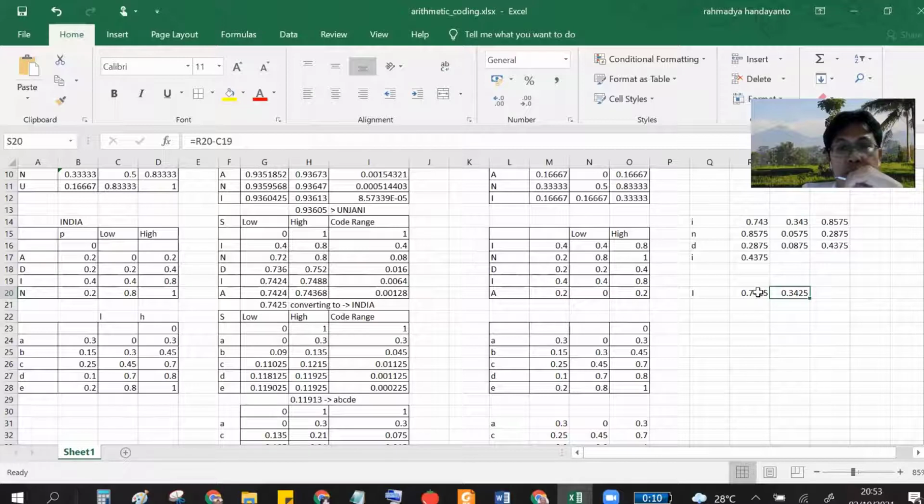from this 0.74 to the lower bound, 0.4, and you have to divide this by the range.